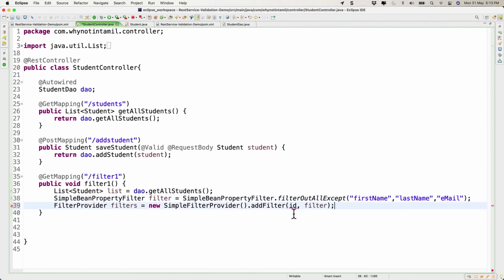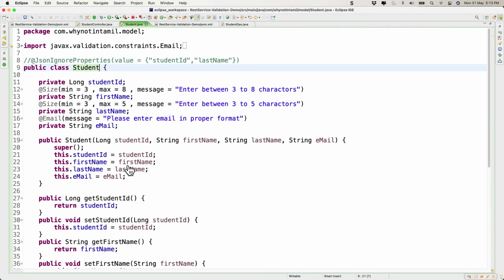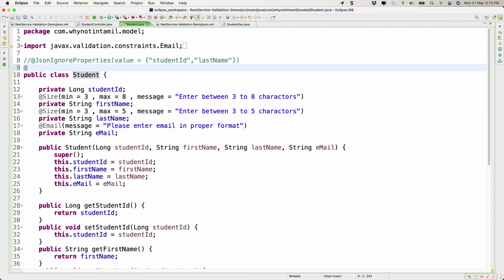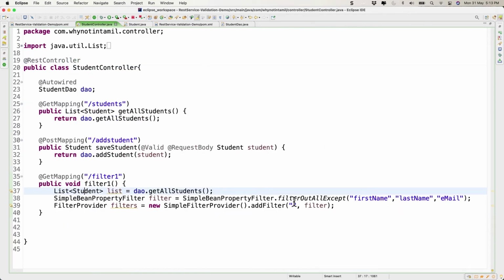Okay, but before that, there is something called ID here. So what is that? This is the identification. How can I identify which filter I need to apply? So let's go back to the student, and here we need to implement an annotation called JsonFilter, and you need to provide a name for it, like studentDetails. So whenever the filter applies, it will make sure this filter is available in the student, and then it will apply the filter on top of the DTO or entity.